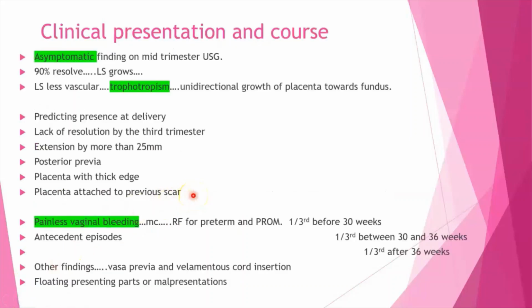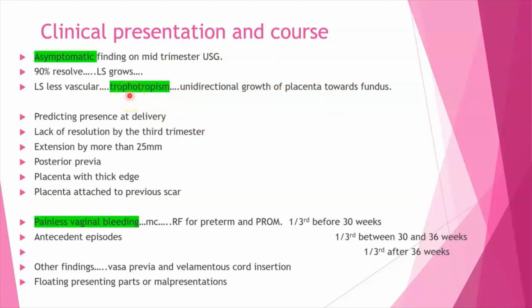Now, how will placenta previa present to you? Mostly it is an asymptomatic finding on mid-trimester USG, and 90% of them resolve. Why? Because the lower segment grows as the pregnancy progresses. Therefore, the lower edge of the placenta moves away from the lower segment. And second, the lower segment being less vascular allows the unidirectional growth of placenta towards the fundus,